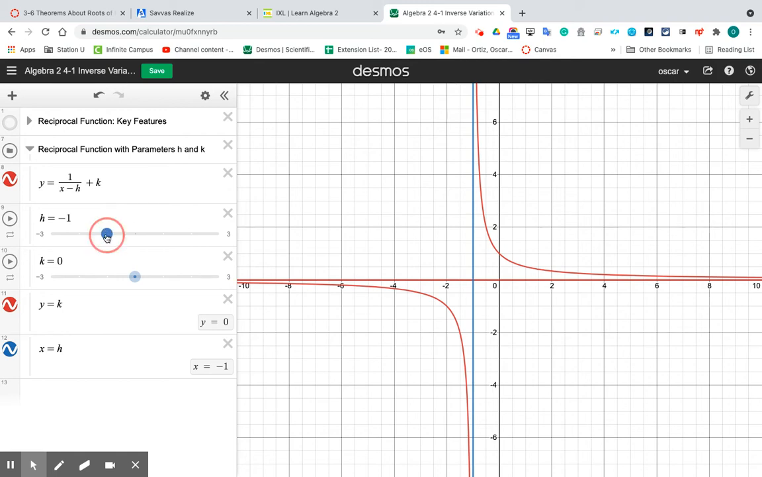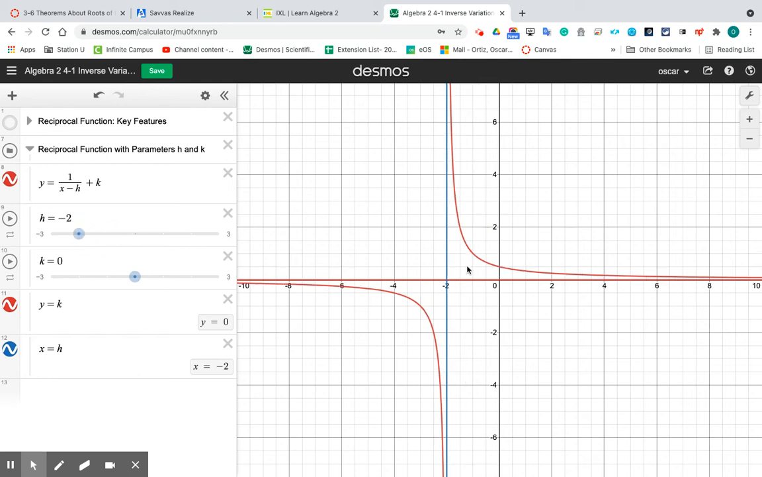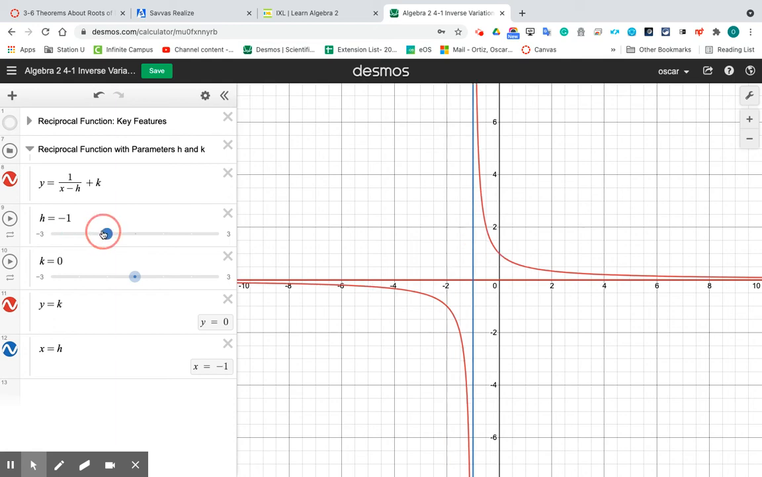So if we move that graph to the left, now my vertical asymptote will be x equals negative 2, right? It's all about checking what is the number excluded from the domain, and that will be the same equation for the vertical asymptote. In a similar way, we can see that